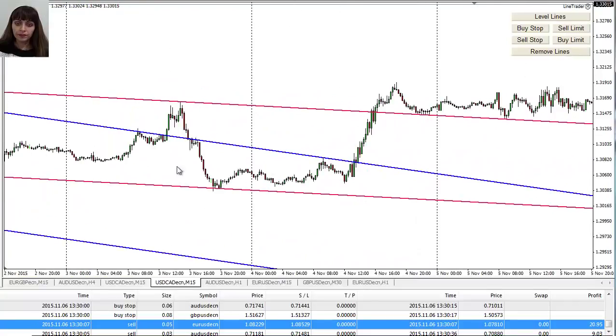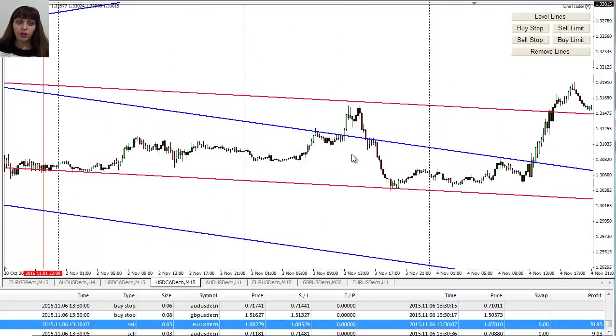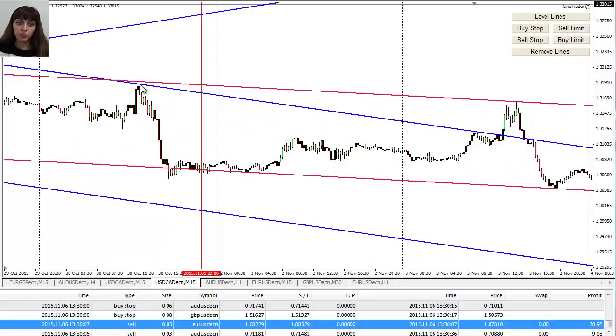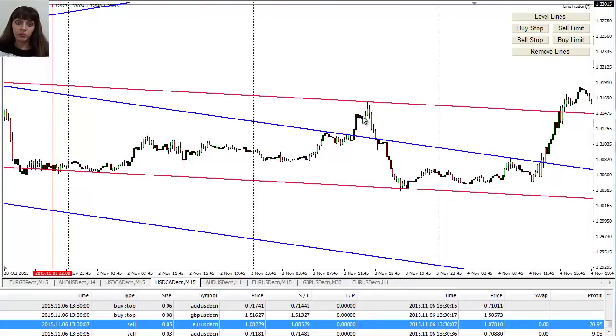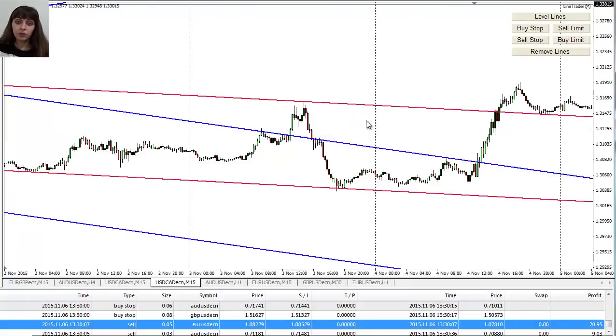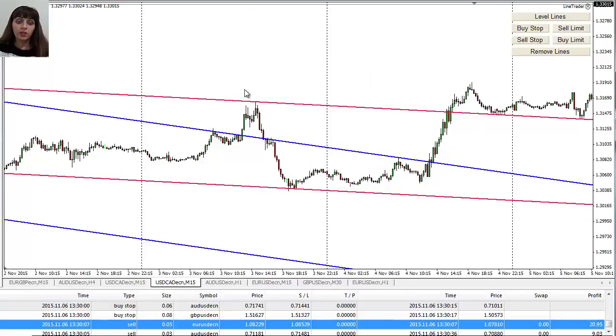Then the next one, and then the market moved. So here I wouldn't touch, of course. I would just predict that that movement wouldn't go for longer, that it could stop around here, and it did. That's why if you go for smaller pips like I usually do, 10 pips, and let's say 10 pips would have been a trailing stop, or a 20 pips trailing stop, of course it would have been stopped by that. But you still could have made just 10 pips, or even more if you would think to come out around this area. So you wouldn't lose, you wouldn't even make, just predicting where it could stop. So that's the one point.